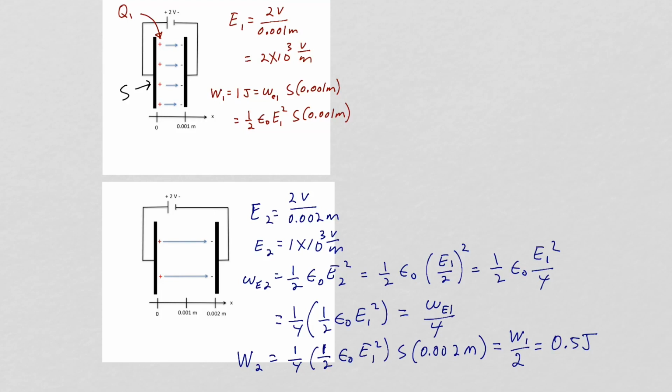So we reduced the energy stored on the capacitor by 1/2 joule. And that 1/2 joule of energy went back into the battery because as the plates were separated, to maintain the same voltage drop, the electric field intensity had to drop, which meant the amount of charge on the plate had to drop, and that occurred by the charge flowing back into the battery. And so that's where the 1/2 joule of energy went. It went back onto the battery. So the amount of charge halved as we doubled the spacing between the capacitor plates.